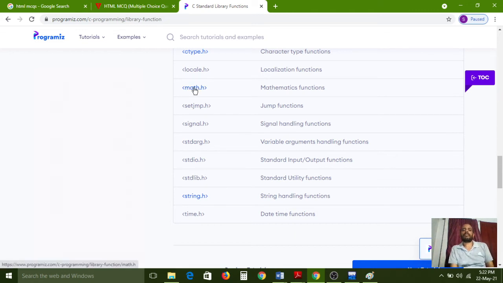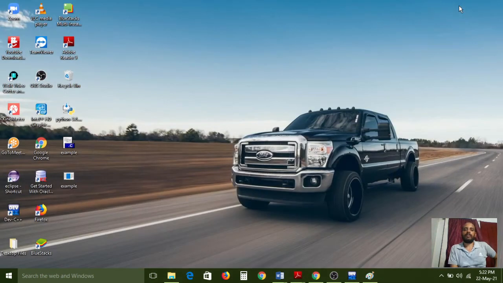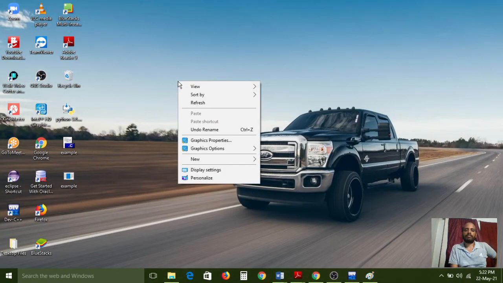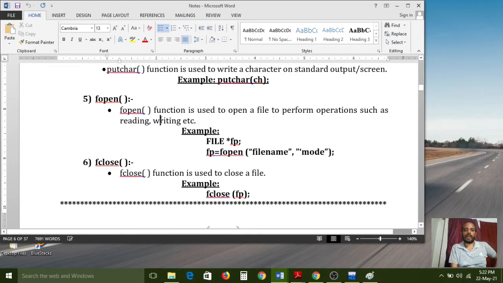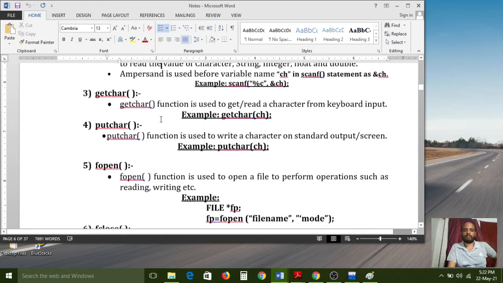Each and every library contains a set of predefined functions. If you want to use them, first we need to link the header file using the preprocessor directive, and it will search whether that library is available in the software. If the software finds the predefined library, it will provide those functions to our current program. Otherwise it can't, and it will show warning messages. Understand?